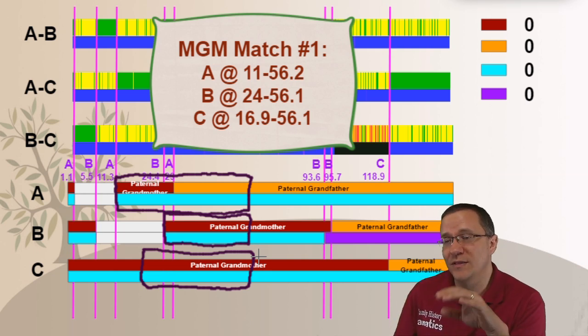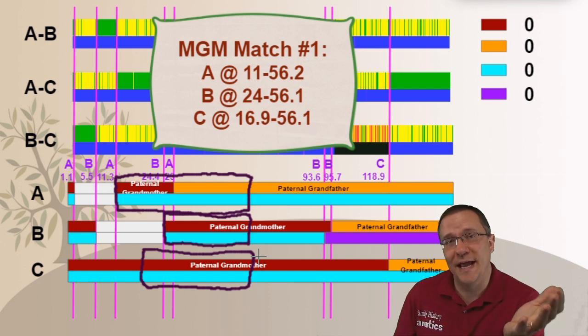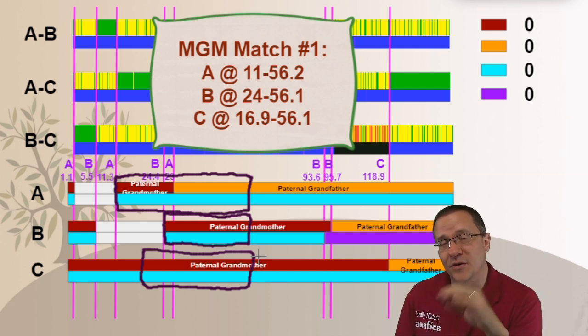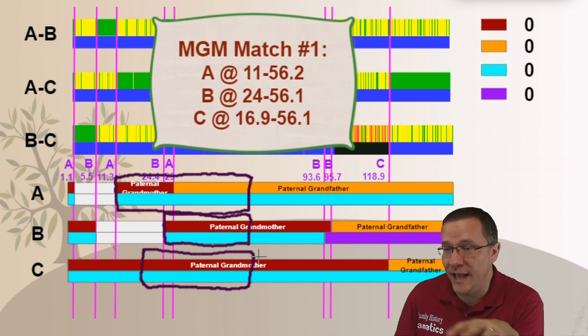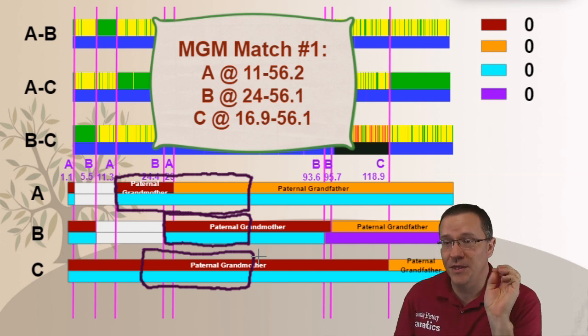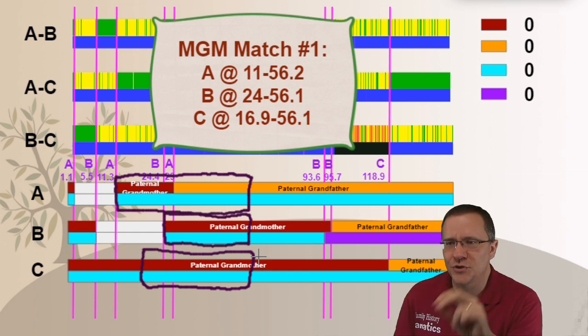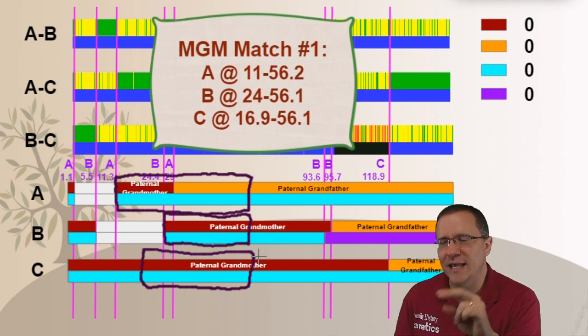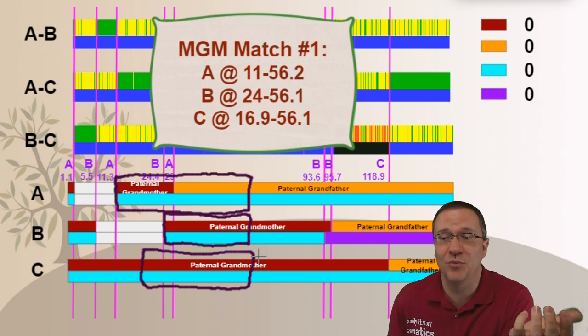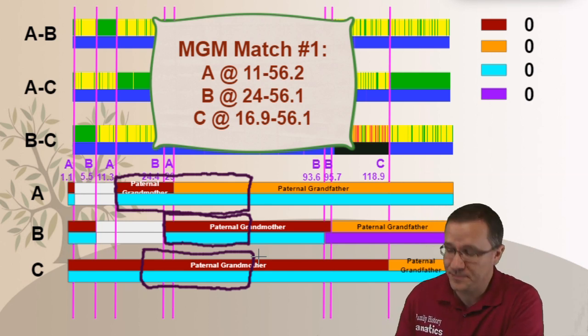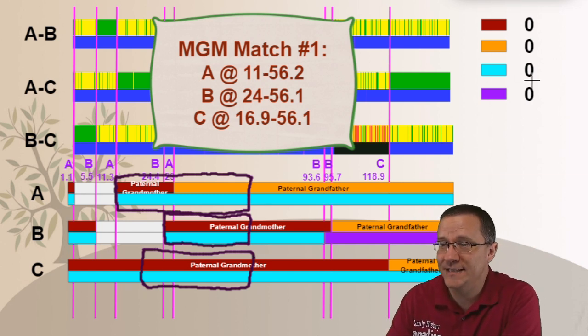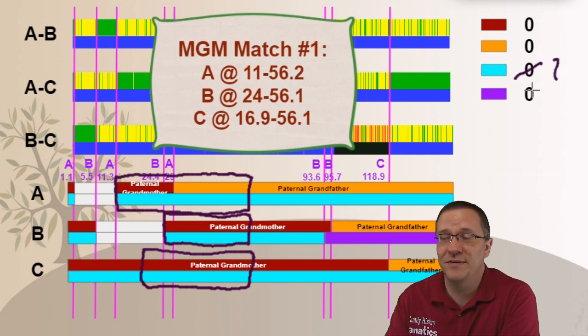Now, since I've already labeled the orange and the maroon as my paternal grandfather and grandmother, I'm going to focus on the purple and the teal. Now, one thing you will notice about all 3 of these is they all cover the teal. And for 2 of them, it looks like they end at a recombination point where a color has to change. So in this case, I'm going to say that this is probably good evidence of teal. Let's go on to the next match.